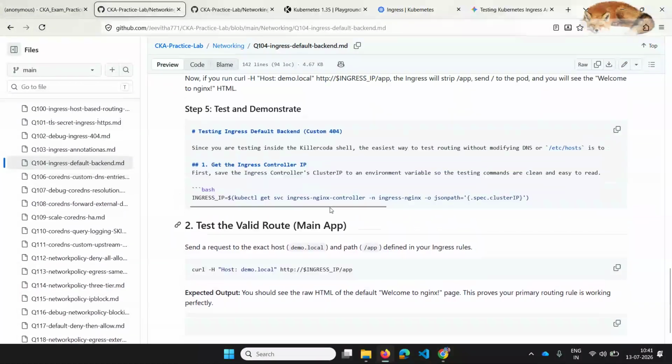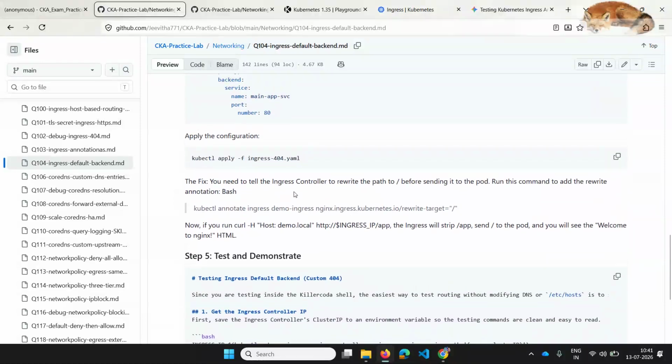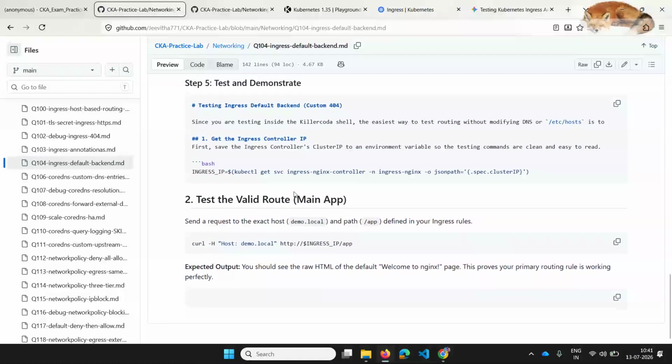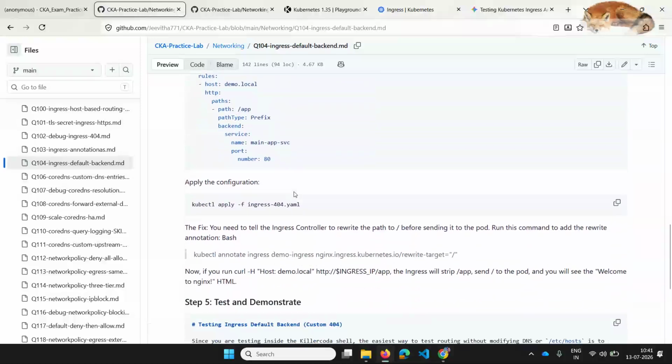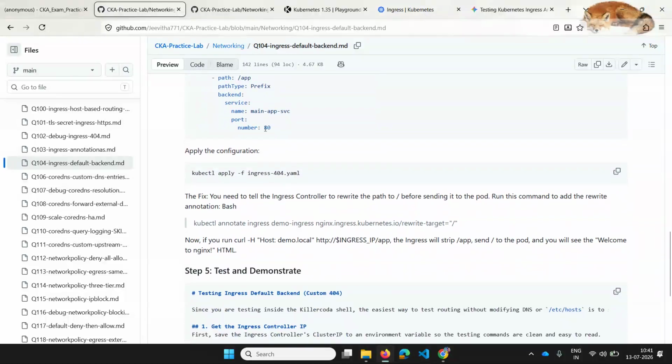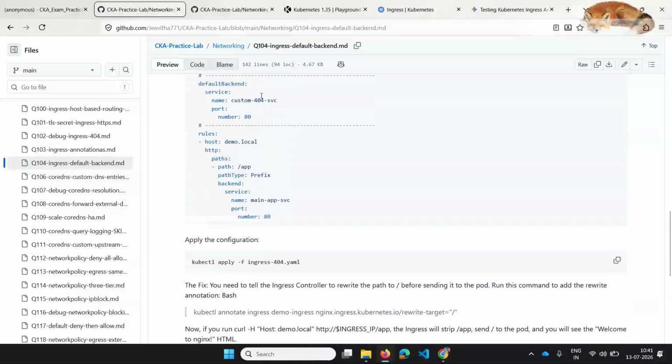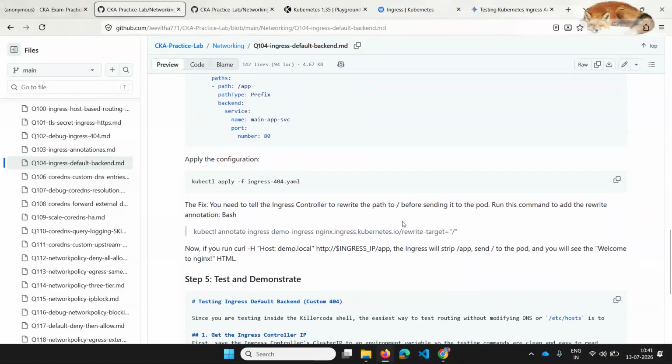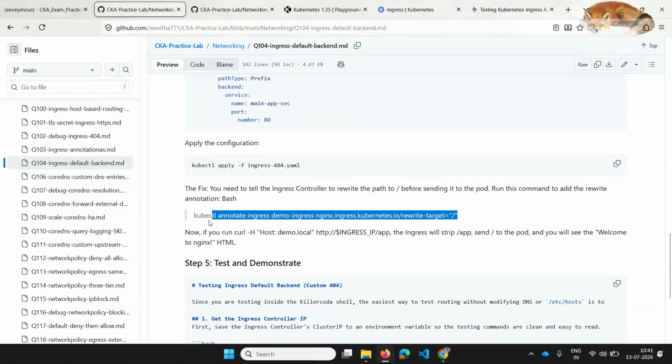Before testing and demonstrating this, you need to understand one thing, guys, that this particular thing has to be annotated with rewrite target as slash.